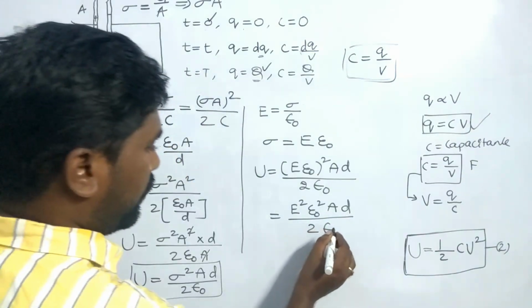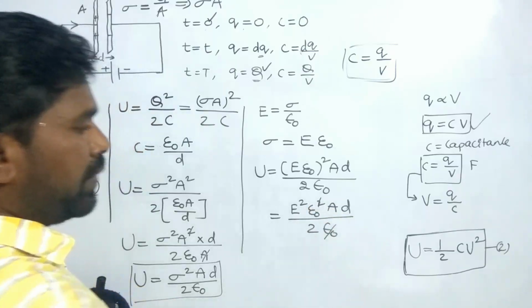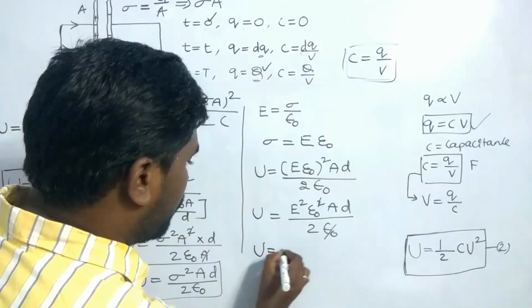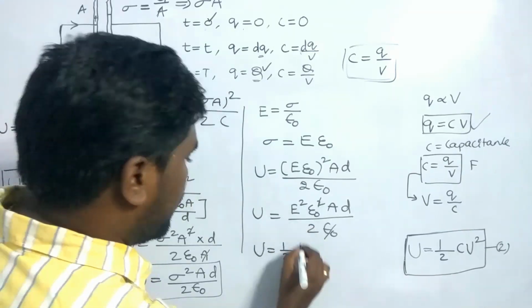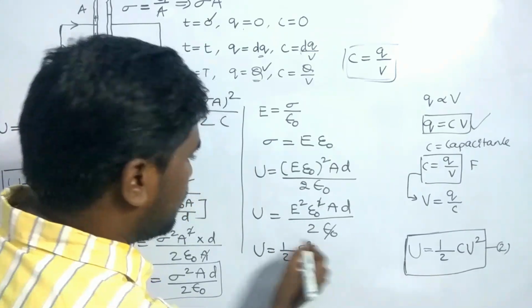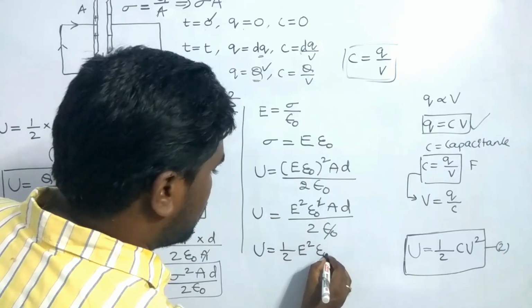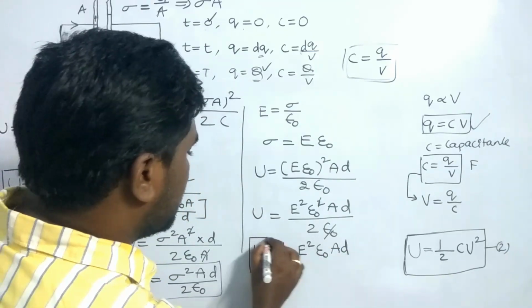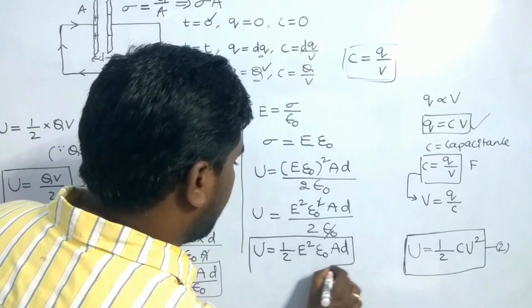Clear? Epsilon naught and square will be cancelled out. So this can be written as U equal to 1 by 2 E square epsilon naught A D. So this is the energy stored in a capacitor